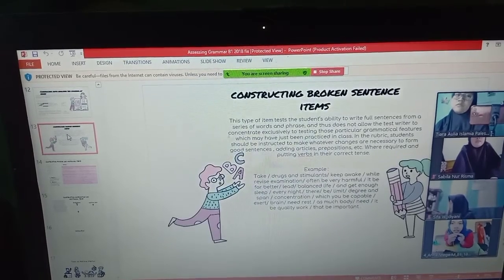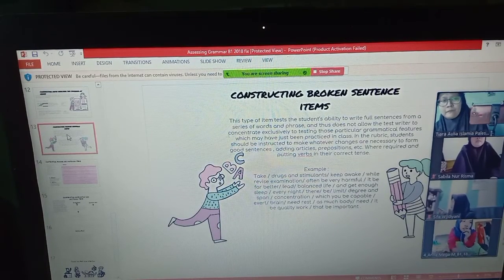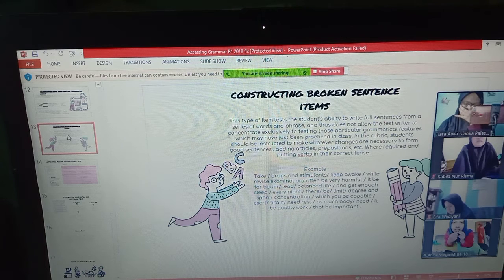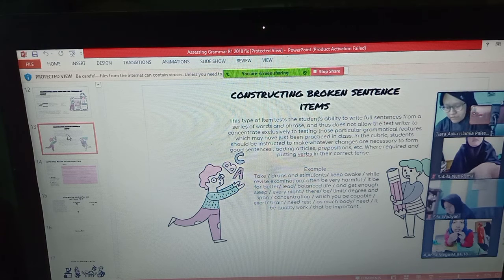The next slide, Tiara. The next slide, constructing broken sentence item. Membangun item kalimat yang rusak. This type of item tests the student ability to write full sentences from a series of words and phrases, and this does not only allow the test writer to